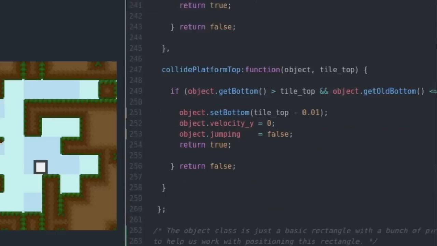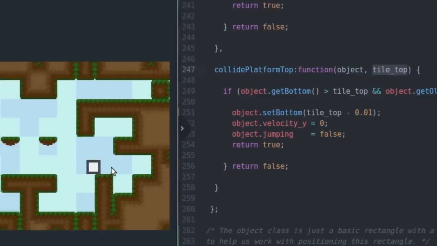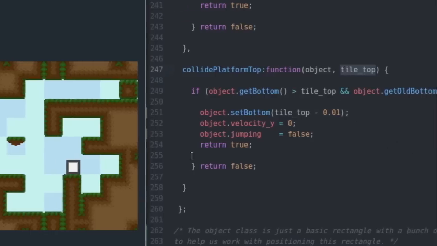Let's take a look at collide platform top and see how this actually works. From the routing function, you're going to get the object and the top side of the tile. The top side of the tile is just whatever the top of the tile is that you're standing on. So right now I'm standing on this tile. I have my object, I have the top of my tile, and we're just going to run an if statement